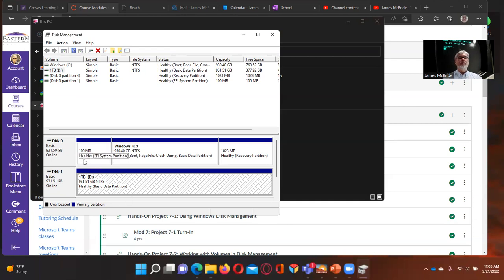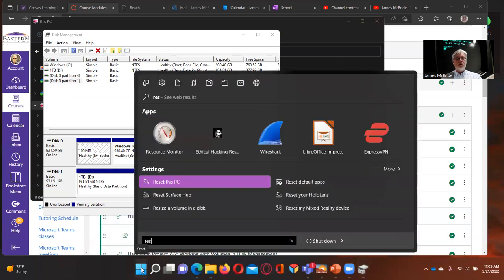Now, what are these two doing? Why do we have this and this? Well, as it says, this is a recovery partition that was created in the beginning. I didn't even recreate it. This is a pre-installed Windows 11 computer, and when I finished the process of installing, this was already done. This information is great because this is where you would go if you wanted to reset